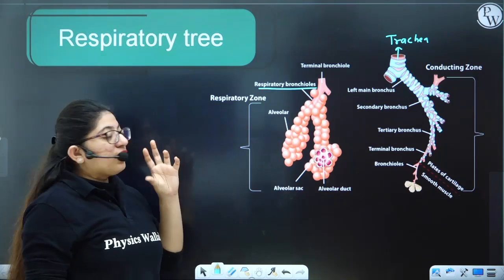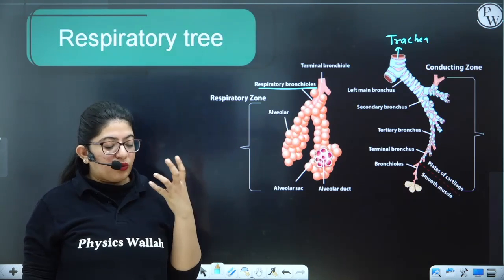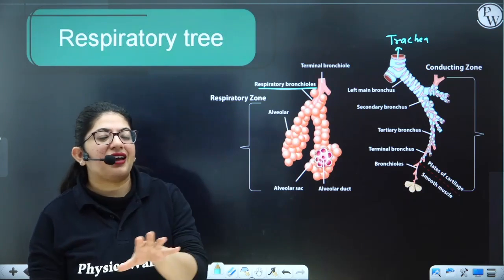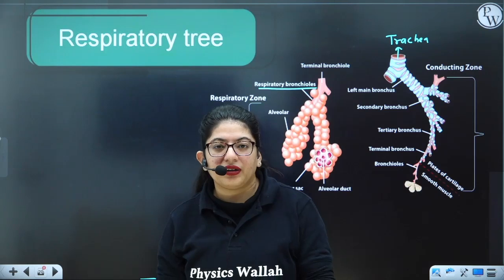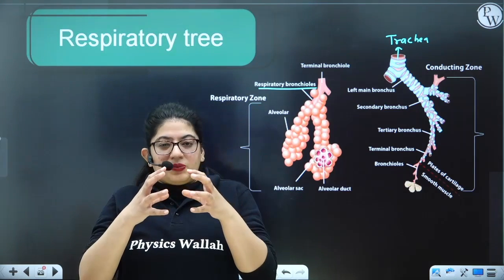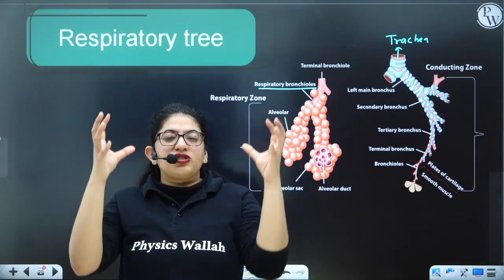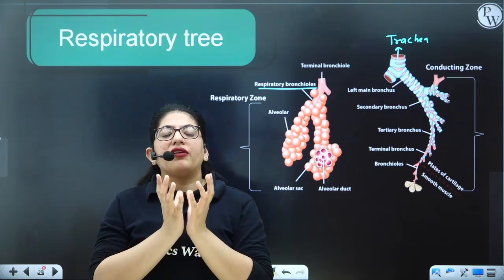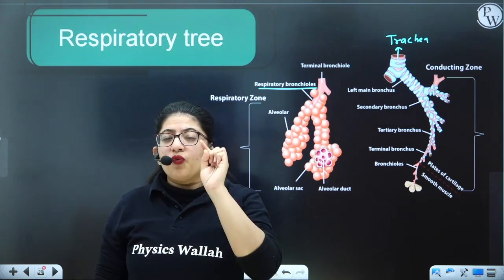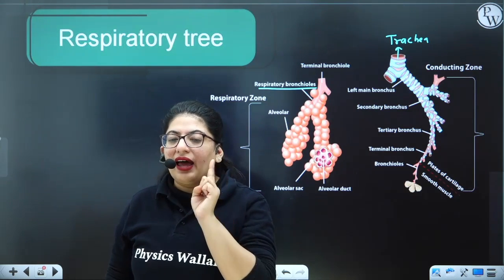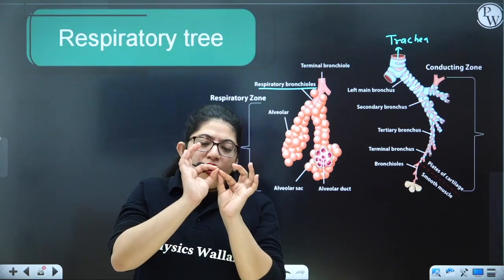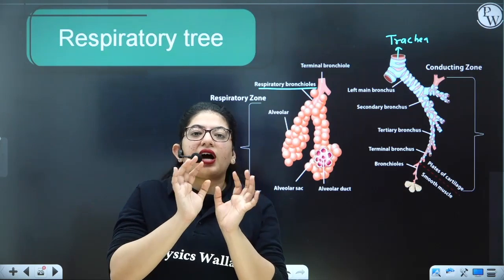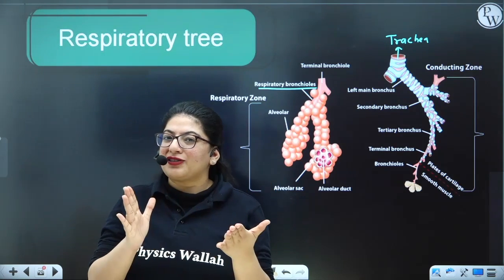So what is alveolar sac? What is alveoli and what is alveolar duct? You must have eaten grapes in your life, right? So that grapes, the entire bunch of grape is your alveolar sac. One grape is alveoli and small stems that are attached are alveolar ducts. I hope that's understood, right?